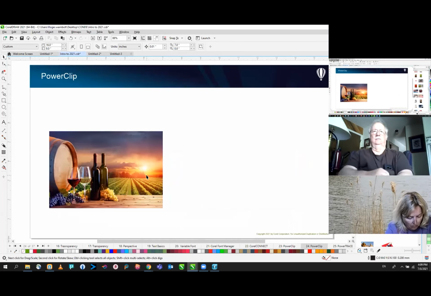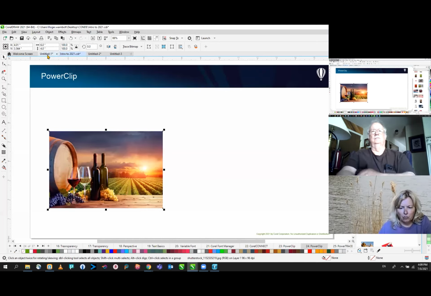Somebody mentioned a question about being able to take a larger image and break it down into smaller images to sublimate. You can certainly do that. This particular image is 4x6. For argument's sake, and to answer that question at the same time, I'm going to come into my graph paper tool,